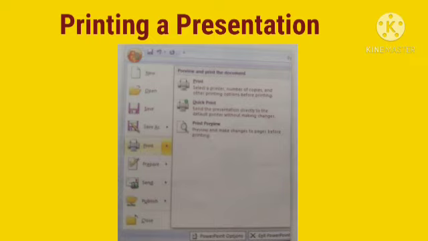Select the name of the printer that you want to use. In the Print box, click the item you want to print, for example, slides, handouts, notes page, outline view. On selecting handouts, you need to select the number of slides to be printed per page and decide whether you want the print order horizontal or vertical.